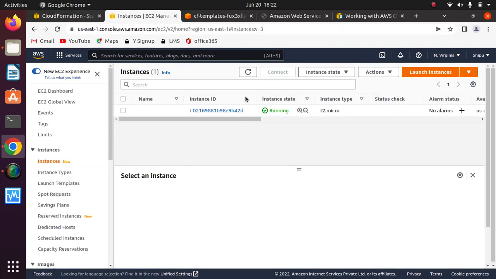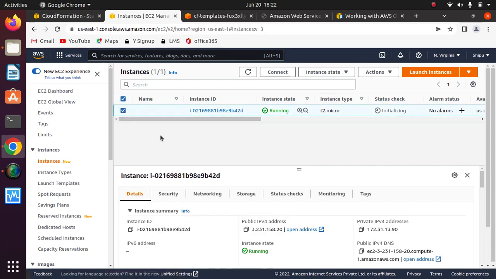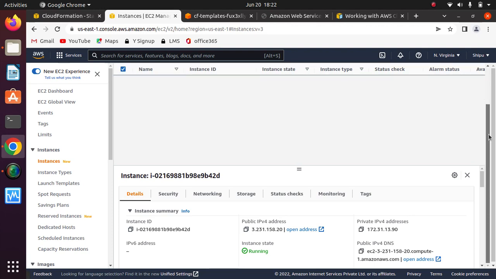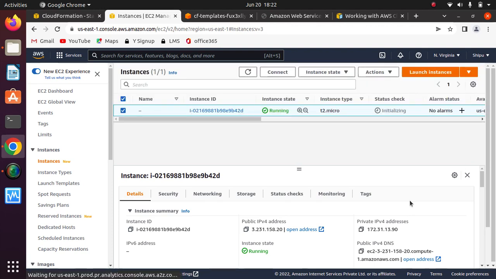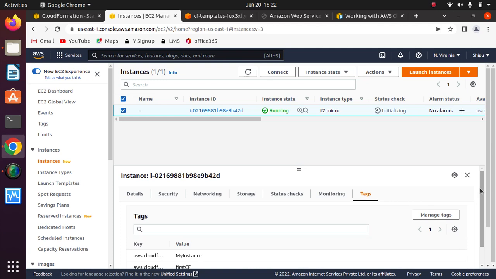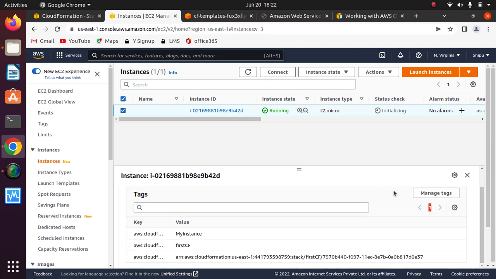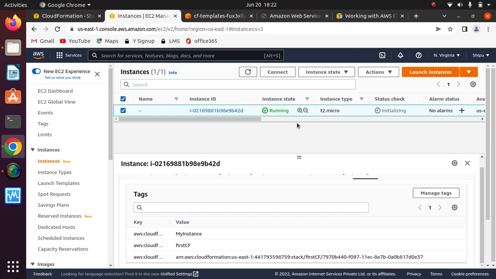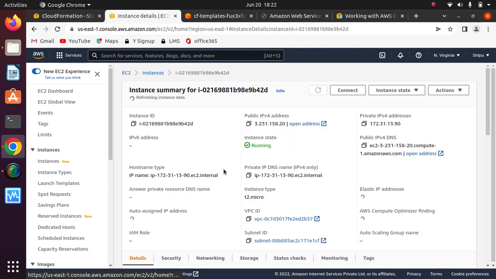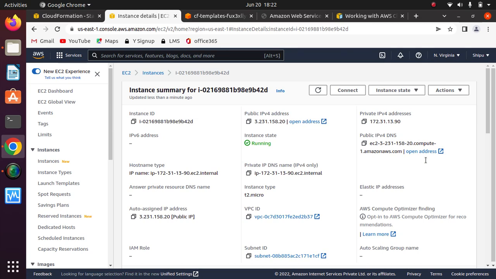And if we check here, so instance has been created. The instance name is for B42D. Okay, and if I click on it, I check in the tag, right? So okay, what I do, I just click on InstanceId, and